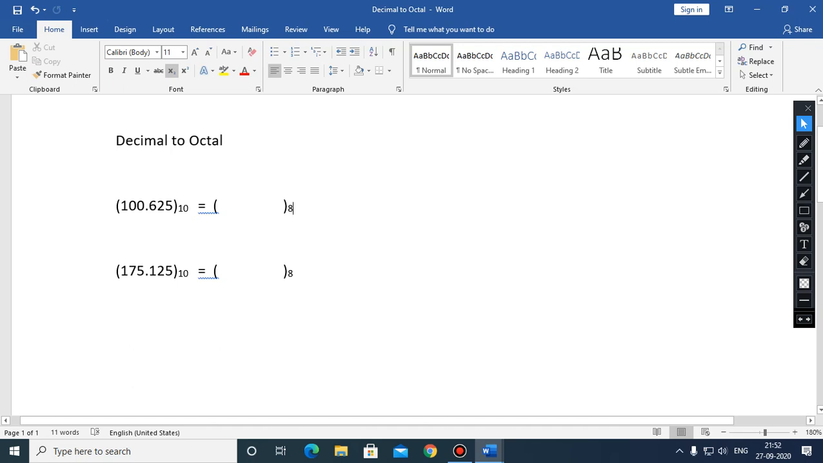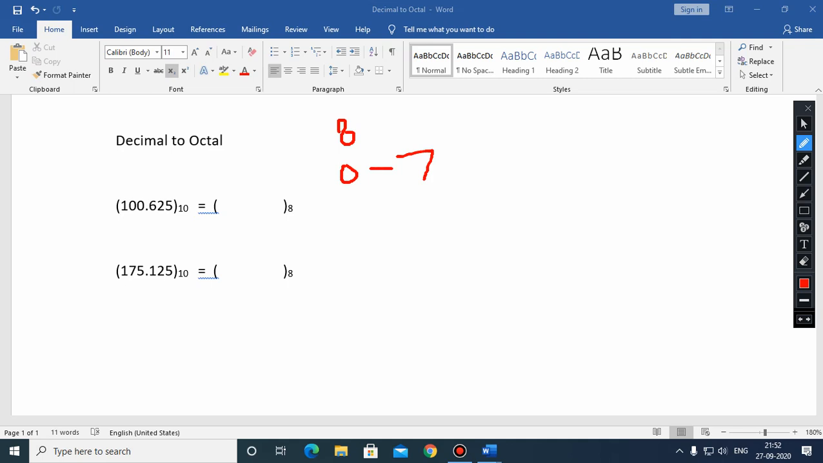We are going to convert decimal to octal and then decimal to hexadecimal and vice versa. So here first of all I would like to tell you in octal the base is 8 and digits are from 0 to 7,